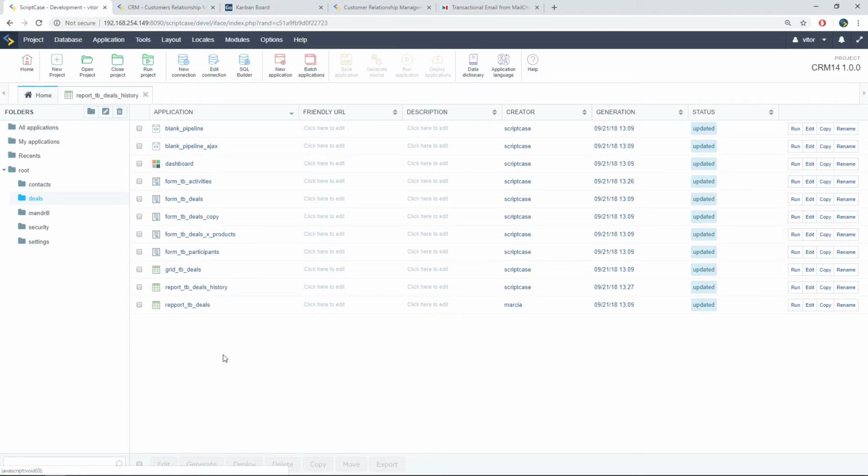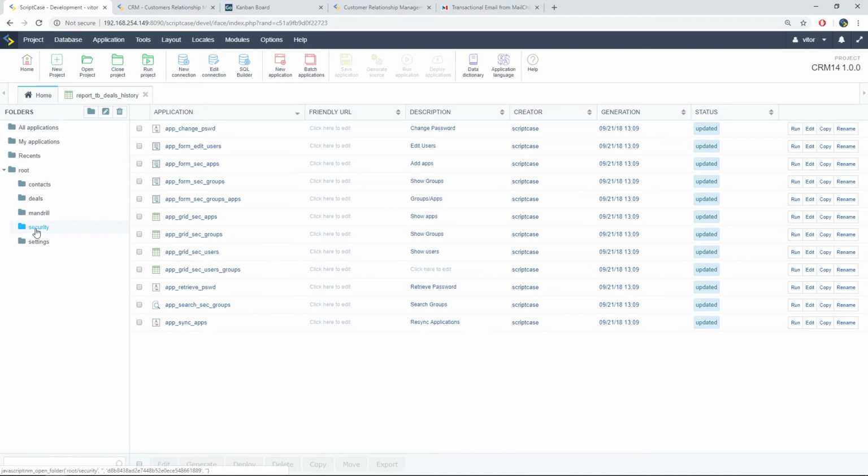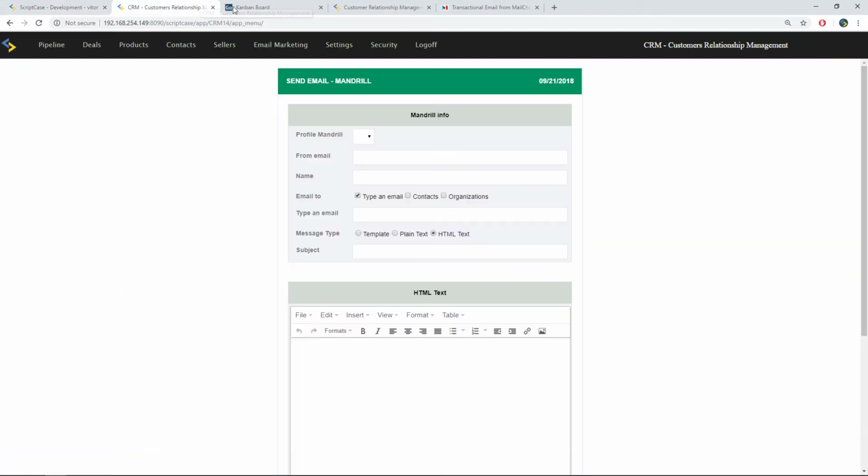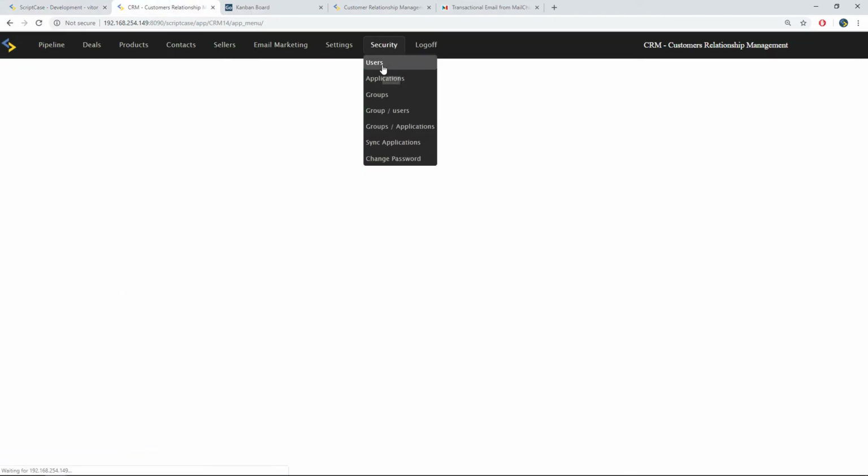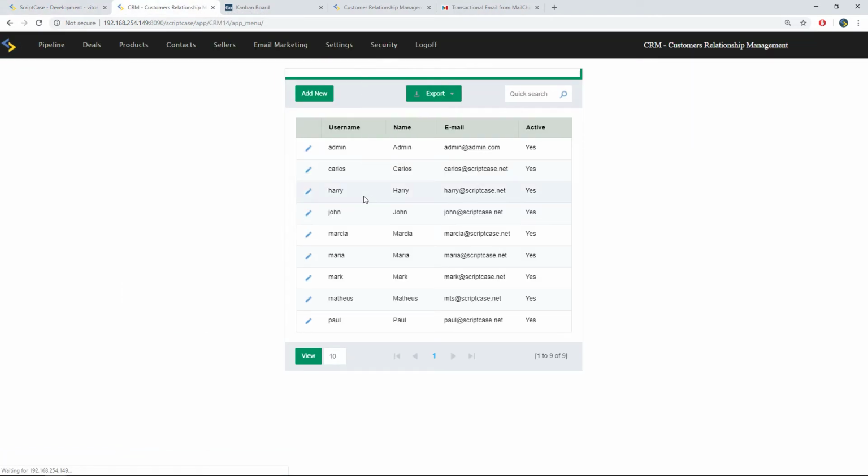Okay, another option we have here, the security. Here we have the default settings of Scriptcase. Once we create the security model, we will see all these applications right here, and of course you can customize it. Okay, we can set up permissions for one user, enable or disable permissions. Okay, and you can also add to a group,